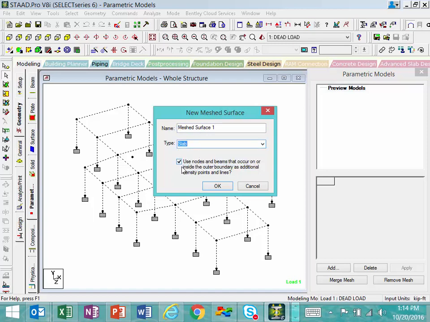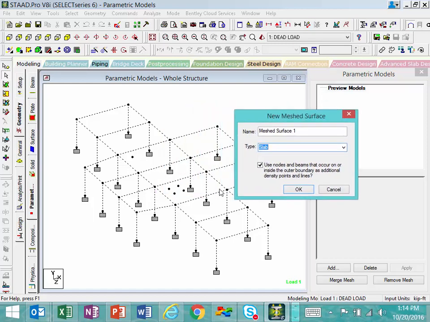Now this checkbox is very significant. This is one of your major advantages. So we're asked, do we want to use nodes and beams that occur on or inside the boundary as additional density points and grid lines? We're going to go ahead and say yes. What that means is that every node and line within the perimeter of the slab that we create will be considered control points or density points within the slab, meaning the slab will be officially attached to them. If we have monolithic action and we have force transfer between the slabs and the beams and the columns, that will be critical. So we're going to make sure this checkbox is selected,